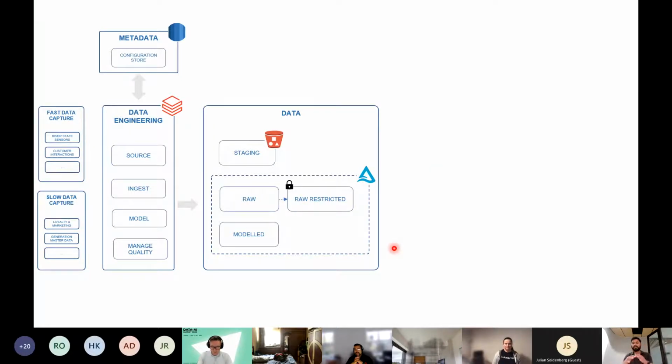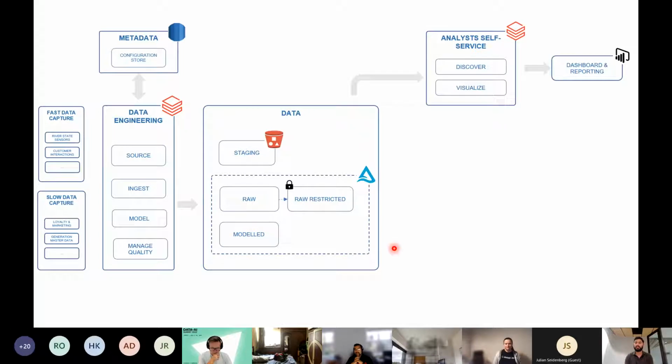So now with this data platform, we see three main patterns of consumption. The first consumption pattern is understanding what data is on the platform with data discovery and visualization, right? Today, predominantly, most of the discovery and visualization happens on Databricks Notebook. But as we speak, my team is implementing connectivity to Power BI in order for somebody to log into Power BI and query the data that we have here in the model layer. In theory, people could go into raw, but then that doesn't have business names. But by default, we've made it so that you will log into Power BI, and you'll be able to go through a Databricks compute into this model layer where they can then play around with the data. So that's the first use case.